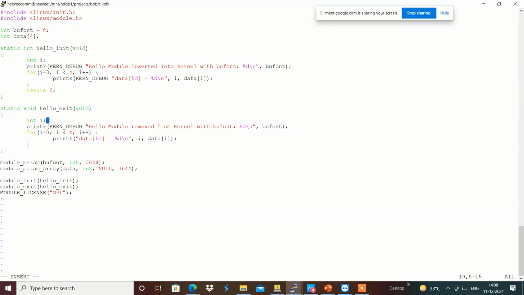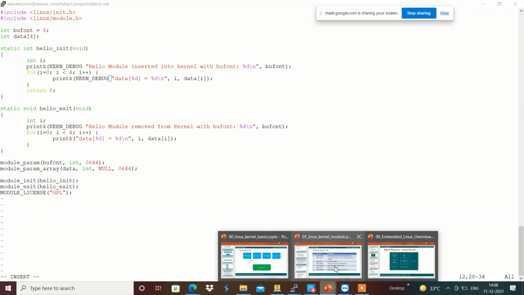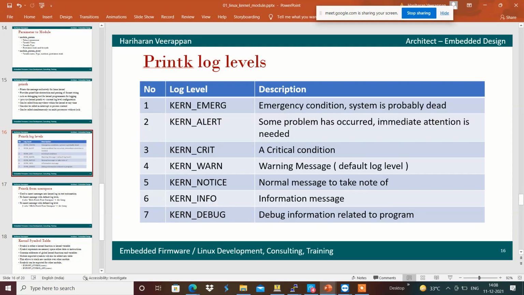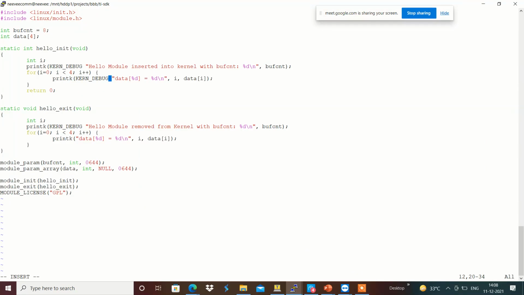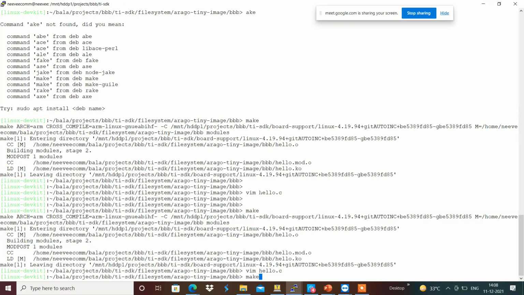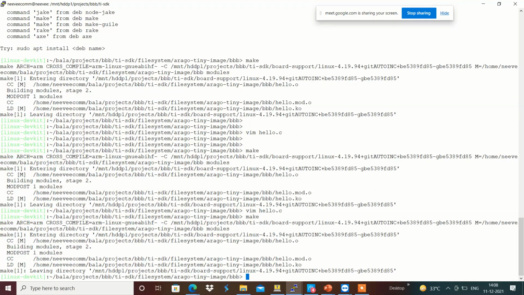Maybe data I'm going to have as parameters, and I'm going to define something like info, kernel information, that I'm going to define as KERN_INFO over here. Like that I have defined now, and I'm going to build this with make.